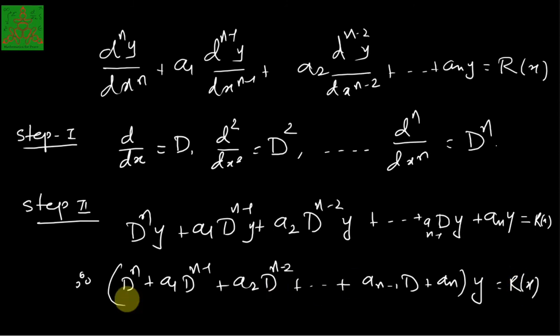We call this quantity P of D, a polynomial function in D. So we can write P of D y is equal to r of x,